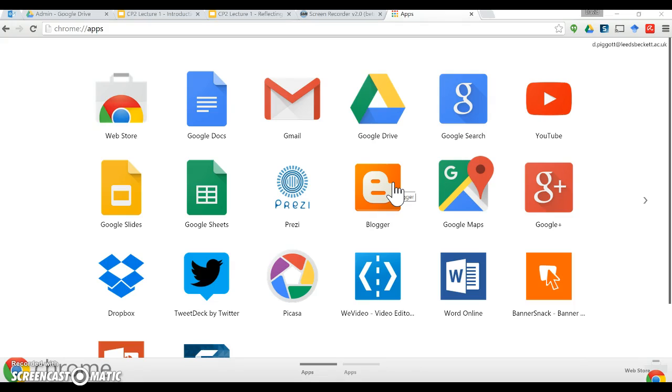So what I've already done in this case is I've opened up a Chrome browser. It's important that you try and use Chrome because, obviously, it's a Google product and so is Blogger, so they tend to work well together. And I've also logged in, so you can see here I've logged in using my Leeds Beckett account. So if you log in using your student account,